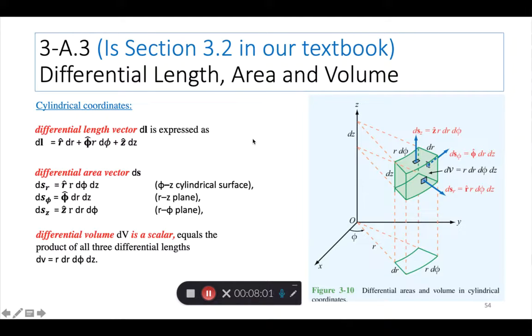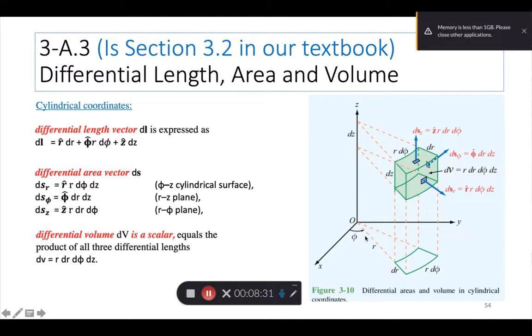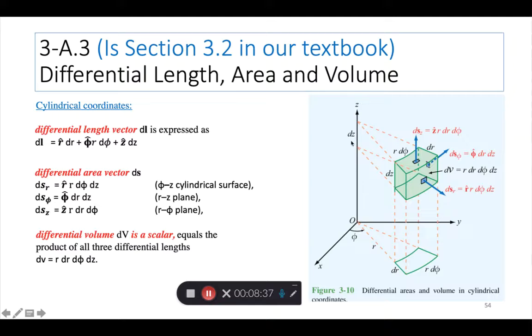Now the same concepts in cylindrical coordinates. Now you know that in cylindrical coordinates, the three coordinates we use are r for radius, which is this, right, r. Then phi is an angle, which is the angle starting from the x-axis towards the y-axis on the xy plane, and then z in the third dimension as the length from here to here, right? So those are the three